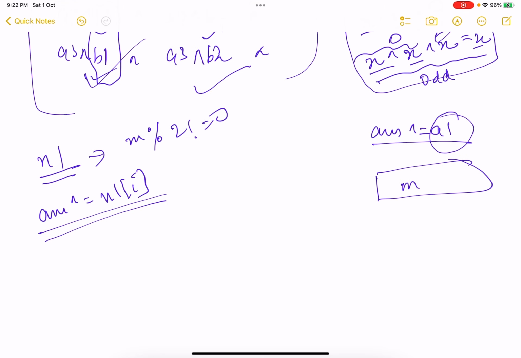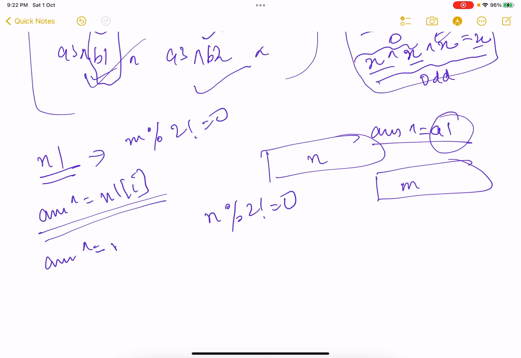Similarly, if the length of the first array is n, again, if n mod 2 is not equal to 0, then you do answer XOR equals to nums2 of i for all the elements i, right? Basic stuff. So I hope this was clear.